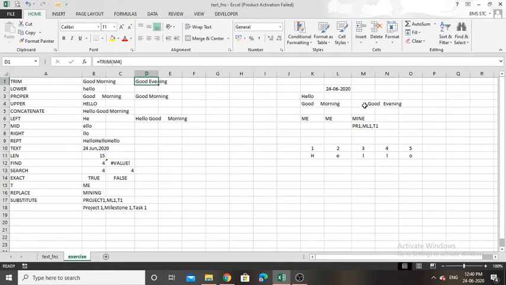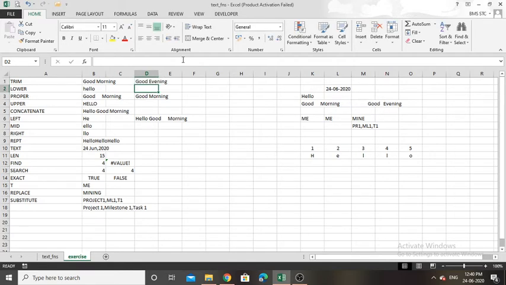Equals trim of M4. M4 is, as you can see, the cell name here in the name box. So I put trim of M4 here, so it refers to this particular cell. It trimmed the multiple spaces in front of the word good and also the multiple spaces between good and evening.